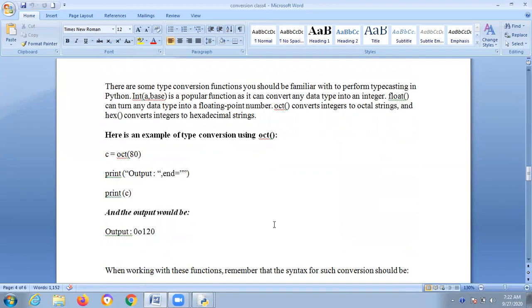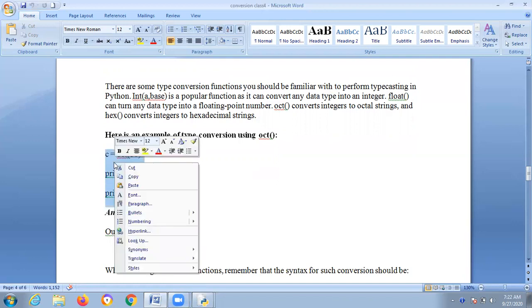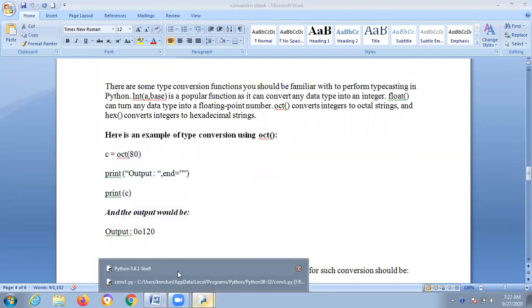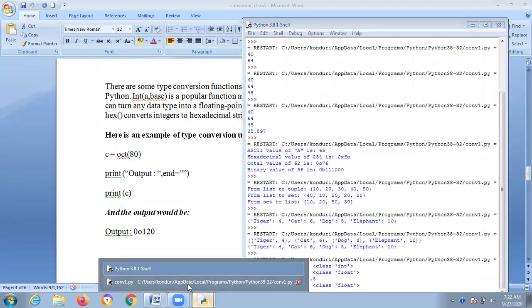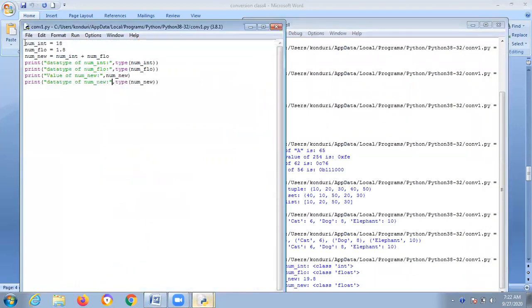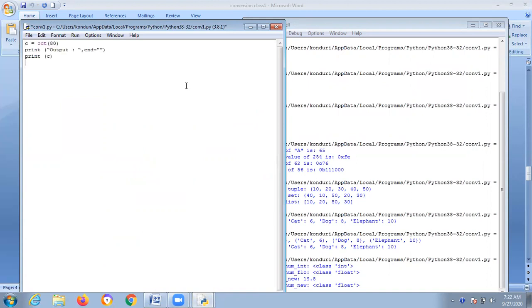And c is oct of 80. If you convert this by typecasting, the Python compiler will give 120. Suppose you are giving c is equal to oct of 60,